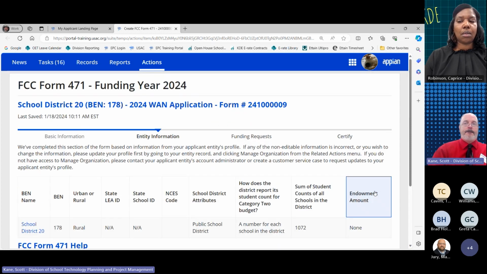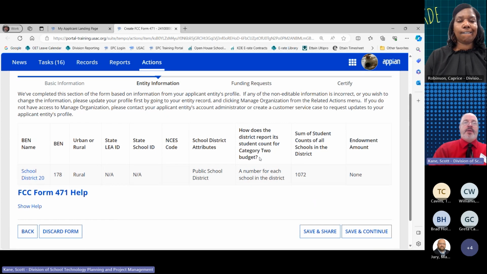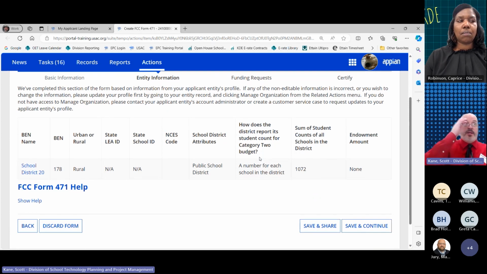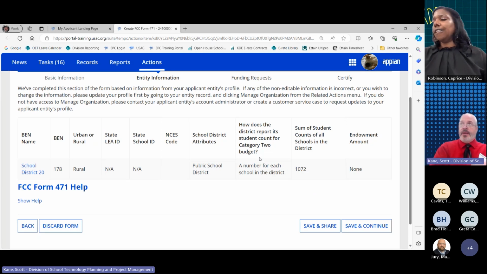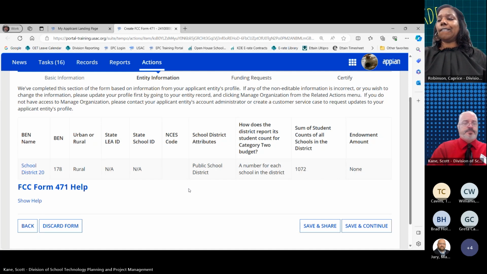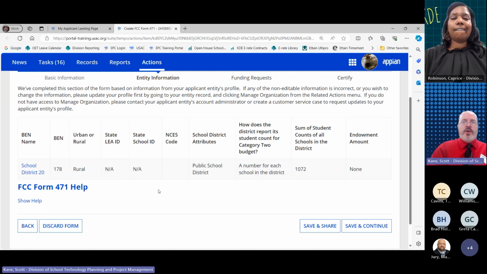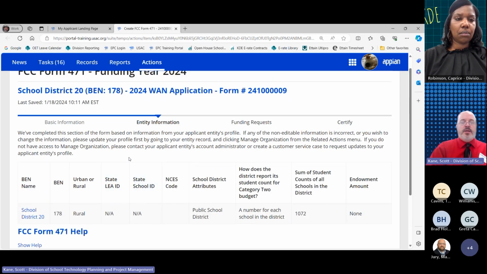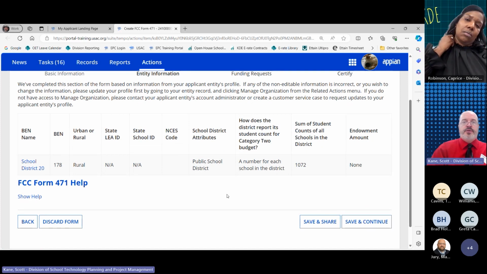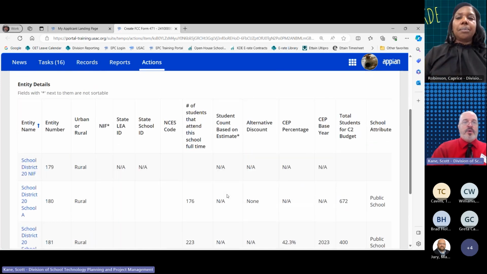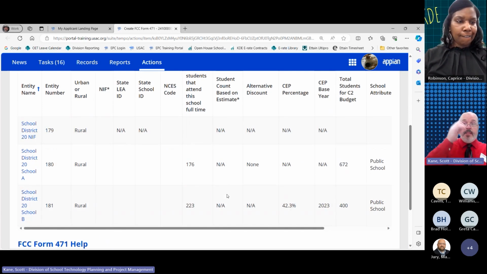Save and continue. The next 3 pages are all basically review pages. They're going to be providing you with information that you have already entered, presumably, into Epic. We start with your total number of students. This is going to be just the totals that are added up from your building profiles. Next is another review page where it's going to give you more details of each of your buildings and the breakdowns of numbers of students.